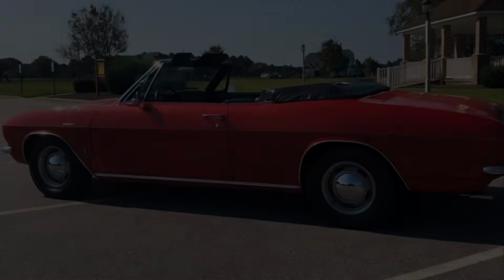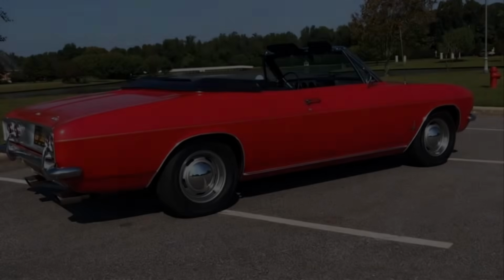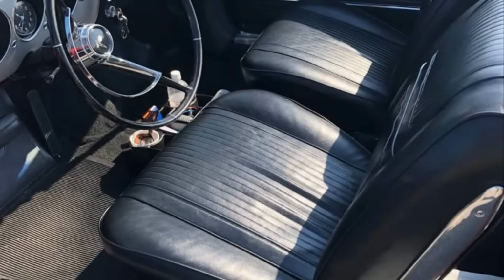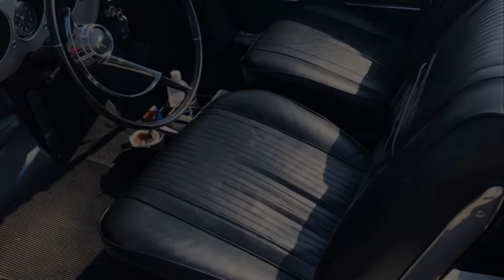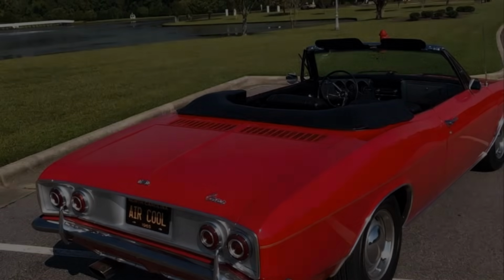With its smooth handling and comfortable size, it's well suited for both newcomers to classic cars and seasoned enthusiasts looking for something off the beaten path. Overall, this 1965 Chevrolet Corvair convertible is an outstanding option for collectors or drivers who appreciate distinctive design and dependable